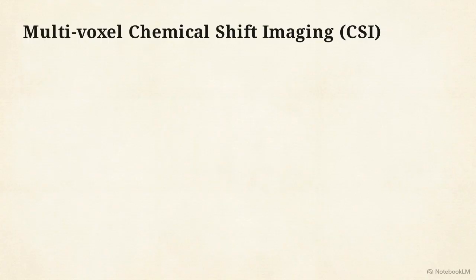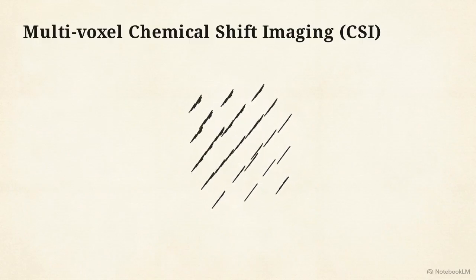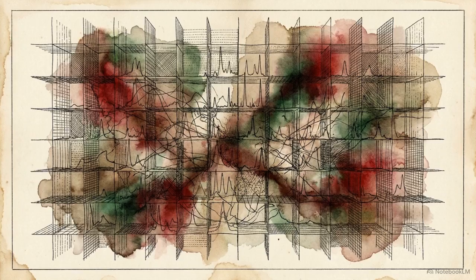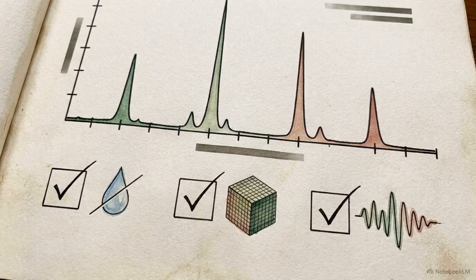To evaluate a wider region, we use multivoxel chemical shift imaging, which utilizes phase encoding steps to map a large 3D grid. This offers larger total coverage and higher resolution. However, it requires longer imaging time and introduces the risk of spectral contamination from adjacent voxels. Step 3 is spectrum acquisition. We run specialized sequences like PRESS or STEAM to record the final spectrum. Without executing this exact triad, suppressing water, precisely isolating the voxel, and running a specialized acquisition sequence, the critical metabolite